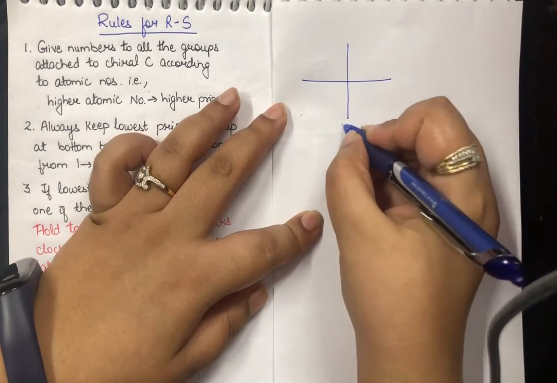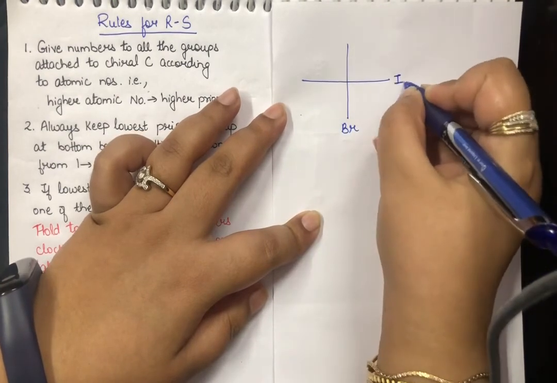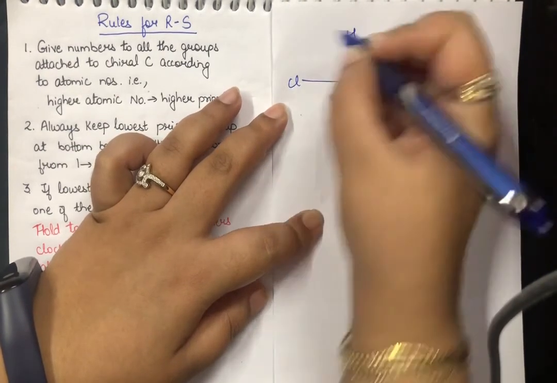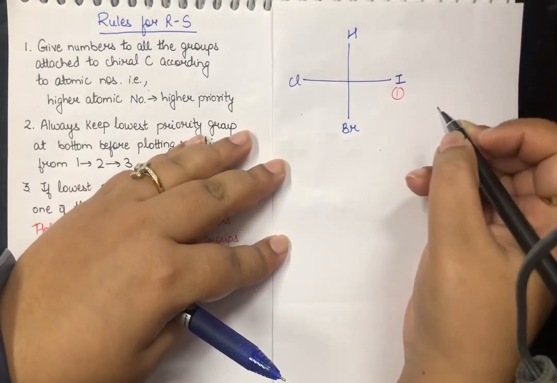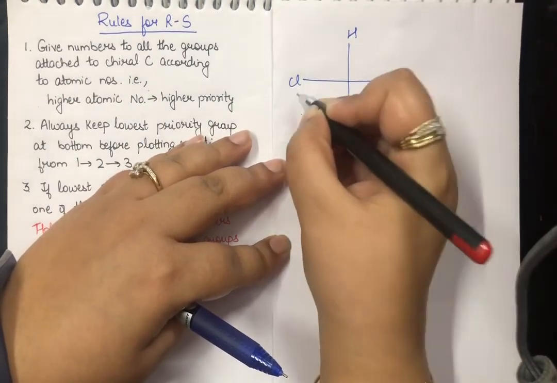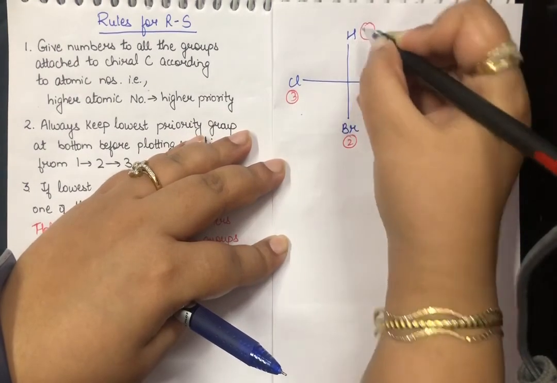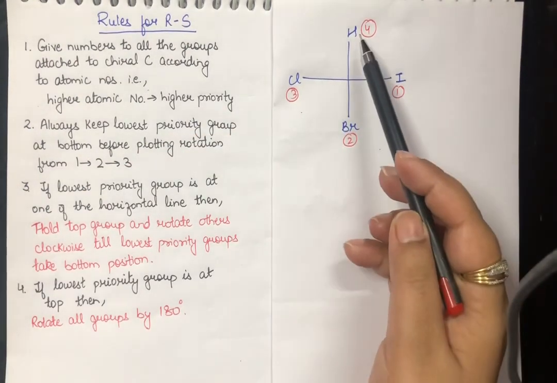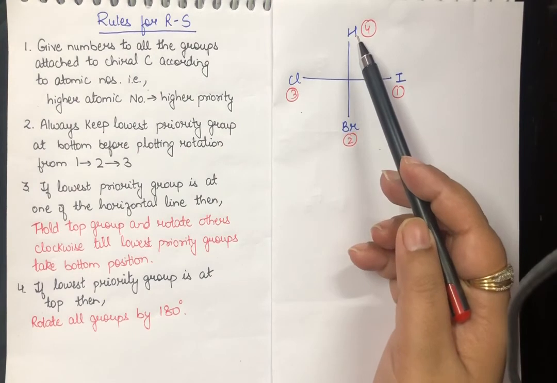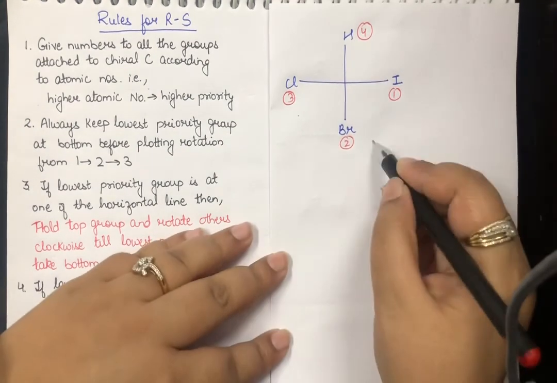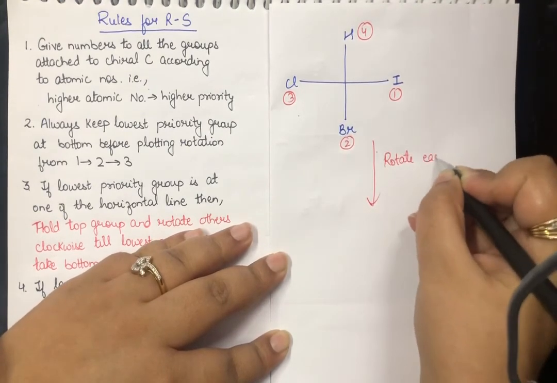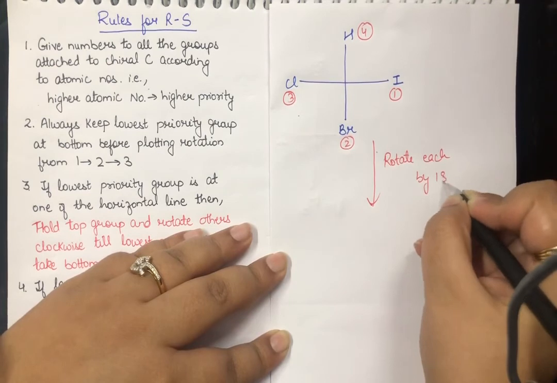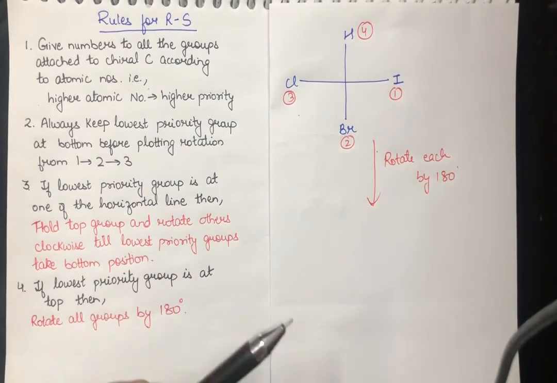So now if I have a compound like this, I have iodine here, chlorine here, and hydrogen here. So if I have to number them, again iodine is of my first priority, bromine second, chlorine third, and hydrogen fourth. Now my lowest priority group is at the top. So now I cannot use that rule where I was holding the topmost group. The rule now is that you will rotate each plane by 180 degree. Then what you will get is,